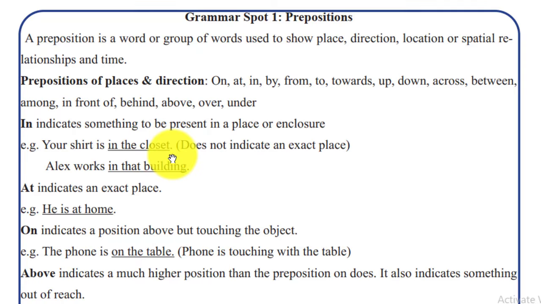enclosure ነው። ኖርማሊ ተከልሎ ያለ እቃ ውስጥ ነው ማለት። doesn't indicate an exact place፣ ትክክለኛ ቦታውን ግን ላያሳይ ይችላል። exact place ላያሳይ ይችላል። enclosed ስንል ቁም ሳጥን ውስጥ እንላለን፣ ቁም ሳጥን ውስጥ የትኛው ቦታ ላይ? ከላይ ነው ከታች ነው ያለው? exact place ሊያሳይ ይችላል ማለት ነው። Alex works in that building አለ። አሌክስ እዚያ ህንጻ ውስጥ ነው የሚሰራው ሲል፣ ህንጻው ስንተኛ ፎቅ ላይ? ለምሳሌ first floor, second floor, which room? የትኛው room? ስለዚህ exact ቦታውን አያሳይም። ኖርማሊ ግን ምንን ያሳያል?